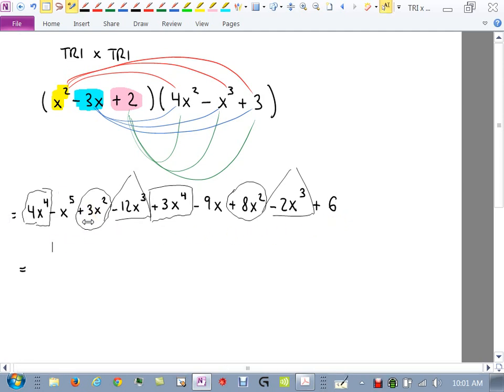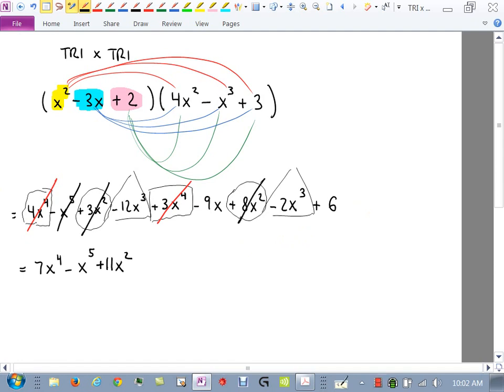4x to the 4th and 3x to the 4th added together is what? 7x to the 4th. Now what I recommend you do now is cross them out, because you've done them. Now let's go write the negative x to the 5th. I was just about to mention that. I will when I get to the end of this. Okay, so I've got my x to the 5th, so I'm going to cancel it. 3x squared, I should have another one over here. 8x squared, 3x squared, and 8x squared is 11x squared,